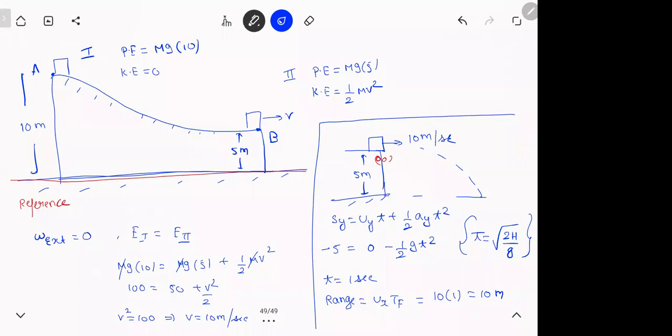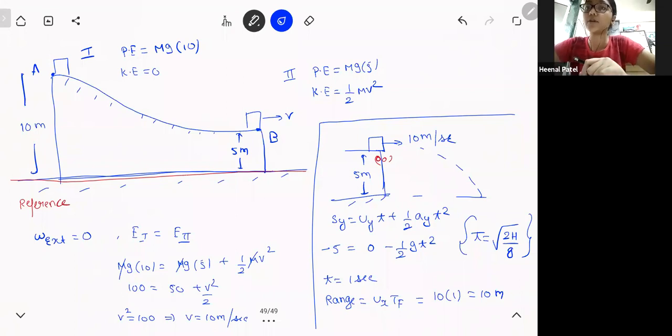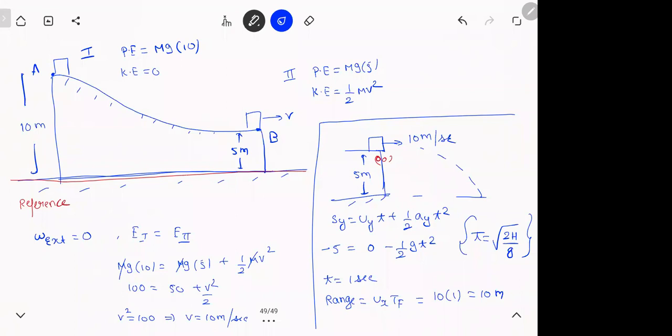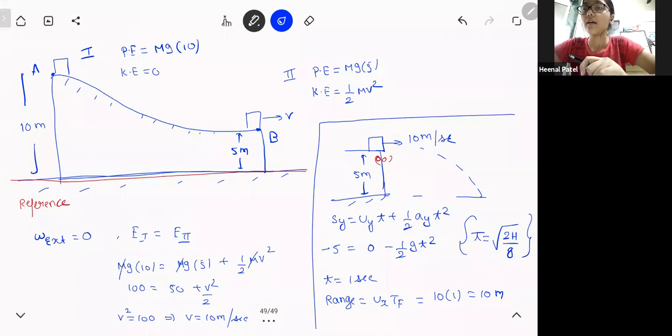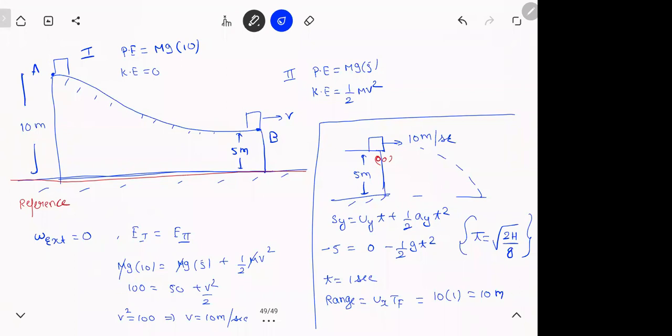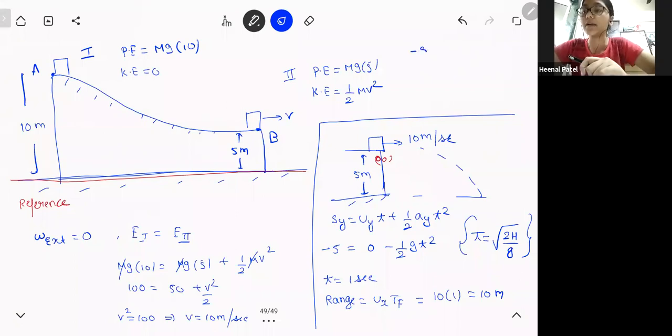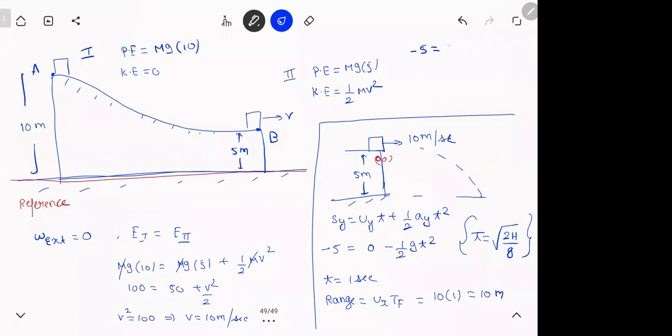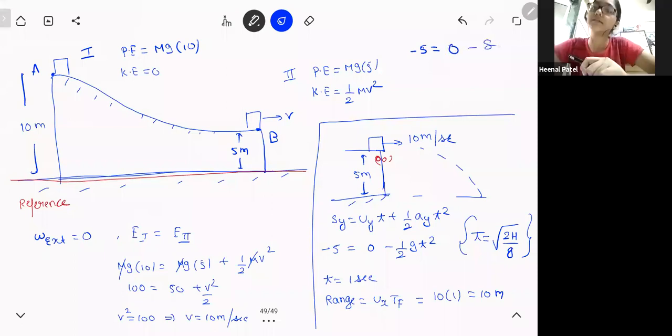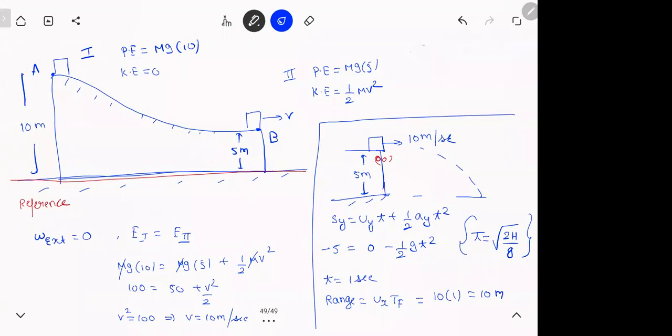Why x square is 100? You have to find x. Yeah, but by that we get directly because u square cos square theta, so we'll keep theta as 0. Because it is thrown horizontally, so cos 0 will be 1. So below it will be 2 into u square, that is 2 into 10 square. So in the denominator it will be 200, and in the numerator minus y into tan theta, theta 0 ho gaya. So you're saying yes. Yeah, you can do that. Nothing wrong, but I'm trying to keep it generalized how to solve.